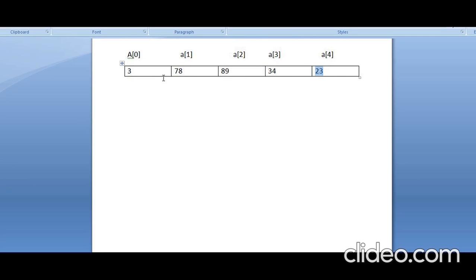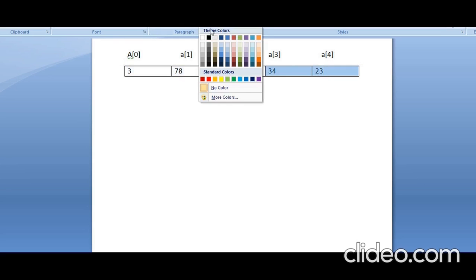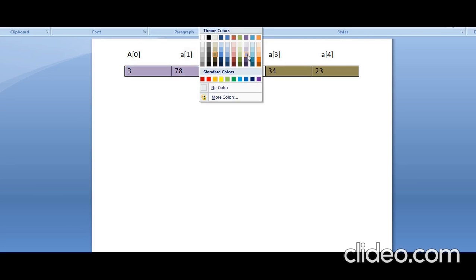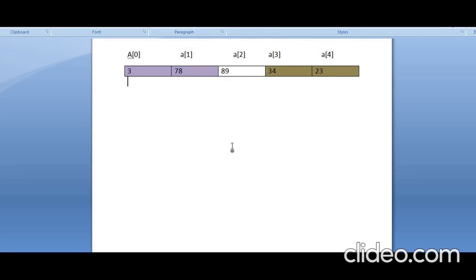What happens in binary search? Binary में हम लोग क्या करेंगे? It always divides in 2 parts. Binary means 2. This is the first part, this is the other part. So let me tell you how the things are happening. This is part 1, and let us assume this is part 2. So in the first iteration, it checks. This is the second.